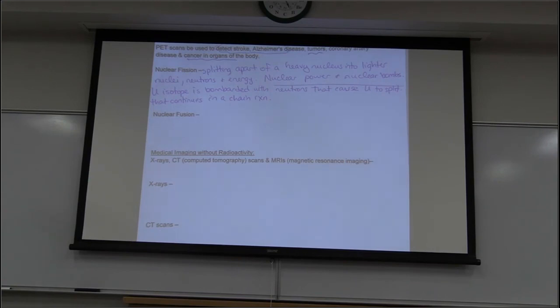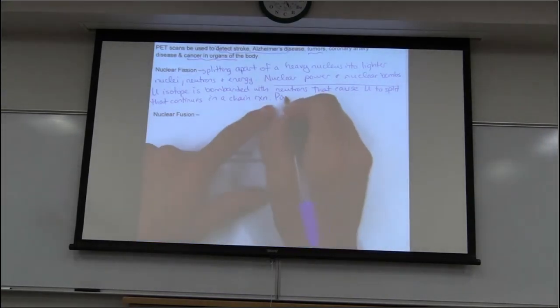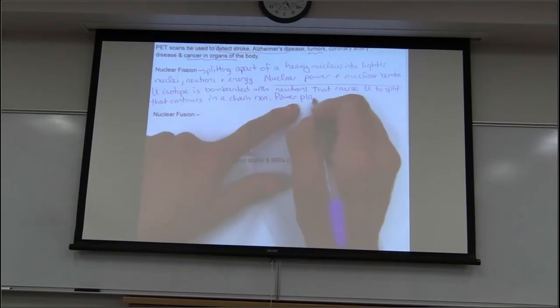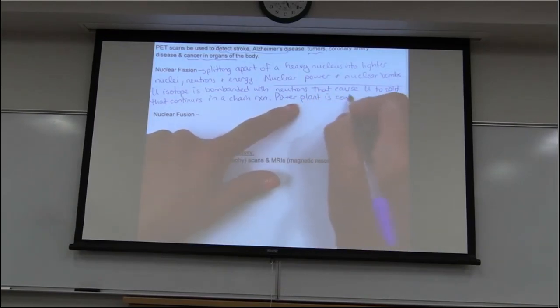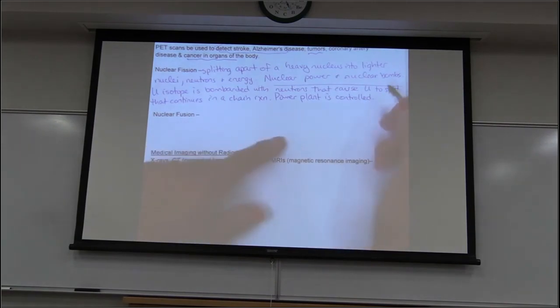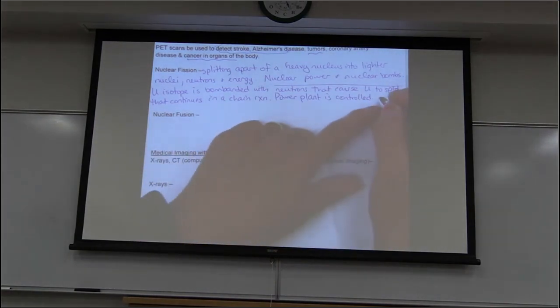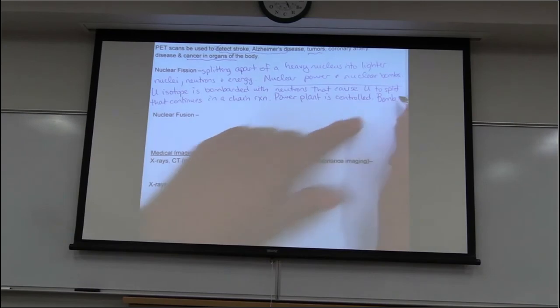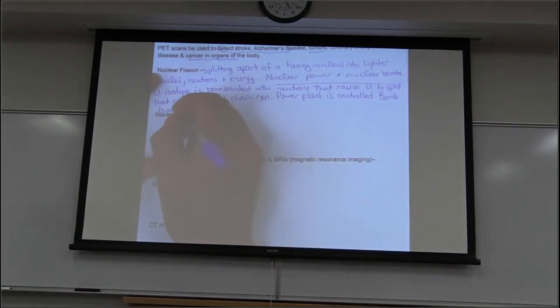There's only so much of the uranium available in the reactor. It's kept cool. It's not allowed to overheat until that meltdown occurs. But overall, it's a controlled reaction. So the power plant is controlled. The bomb is uncontrolled,